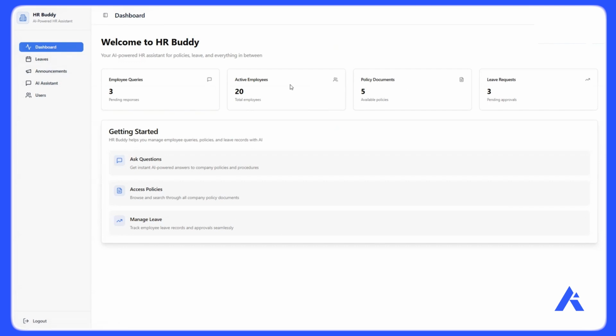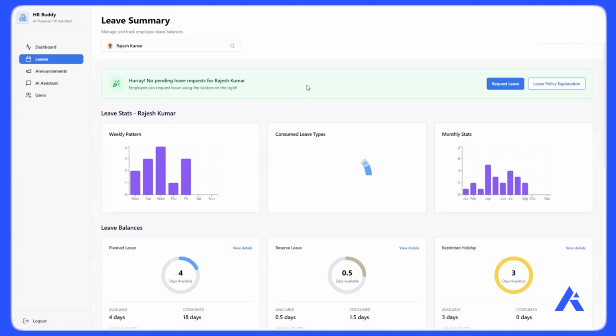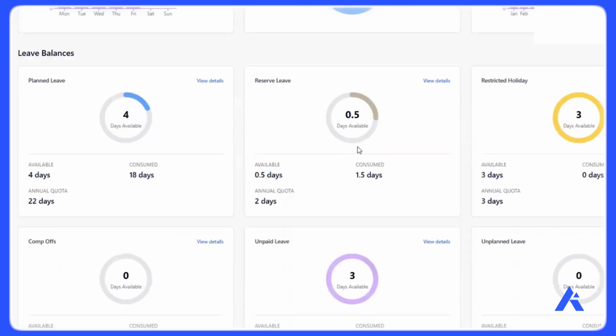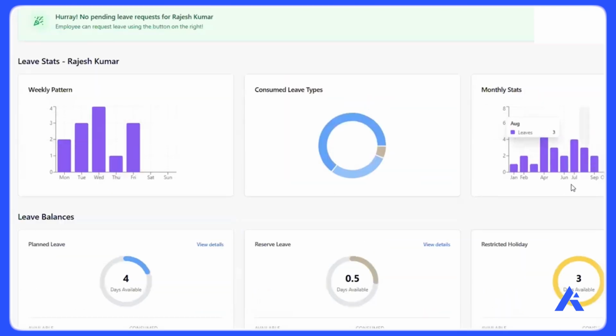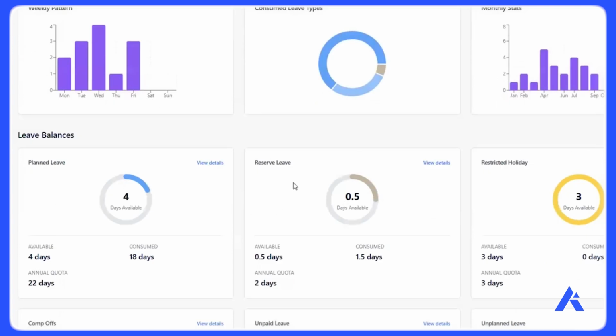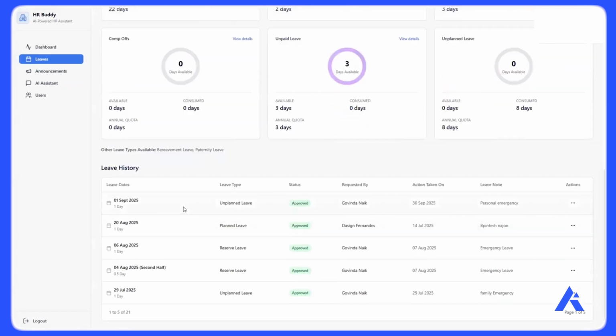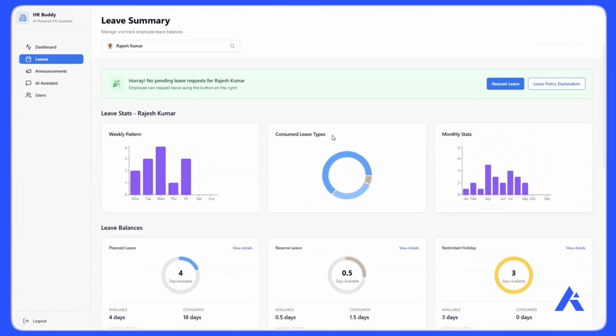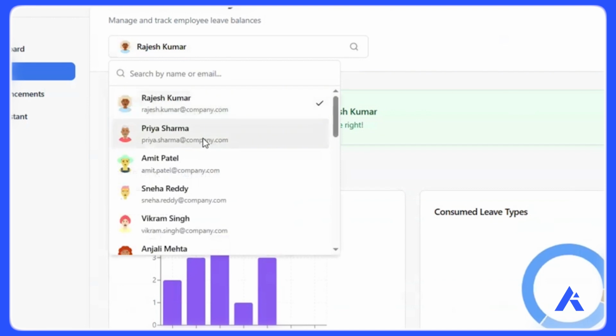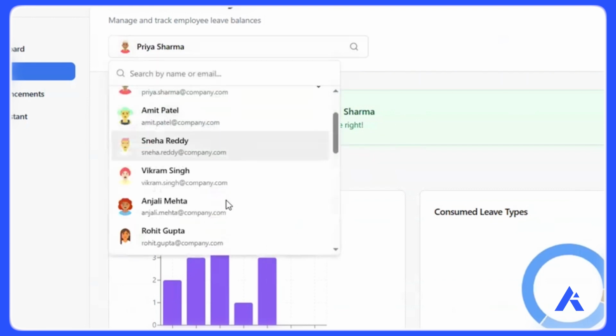So the first one is the dashboard. It's going to give you a highlight or an overview. The second one is called leaves or leave summary. Here you're going to be able to see all the leave requests and how many planned leaves the employees have. You're going to be able to see update history, when which user has requested a leave, who has approved it, if they were rejected or not. Also, you can filter through the users,